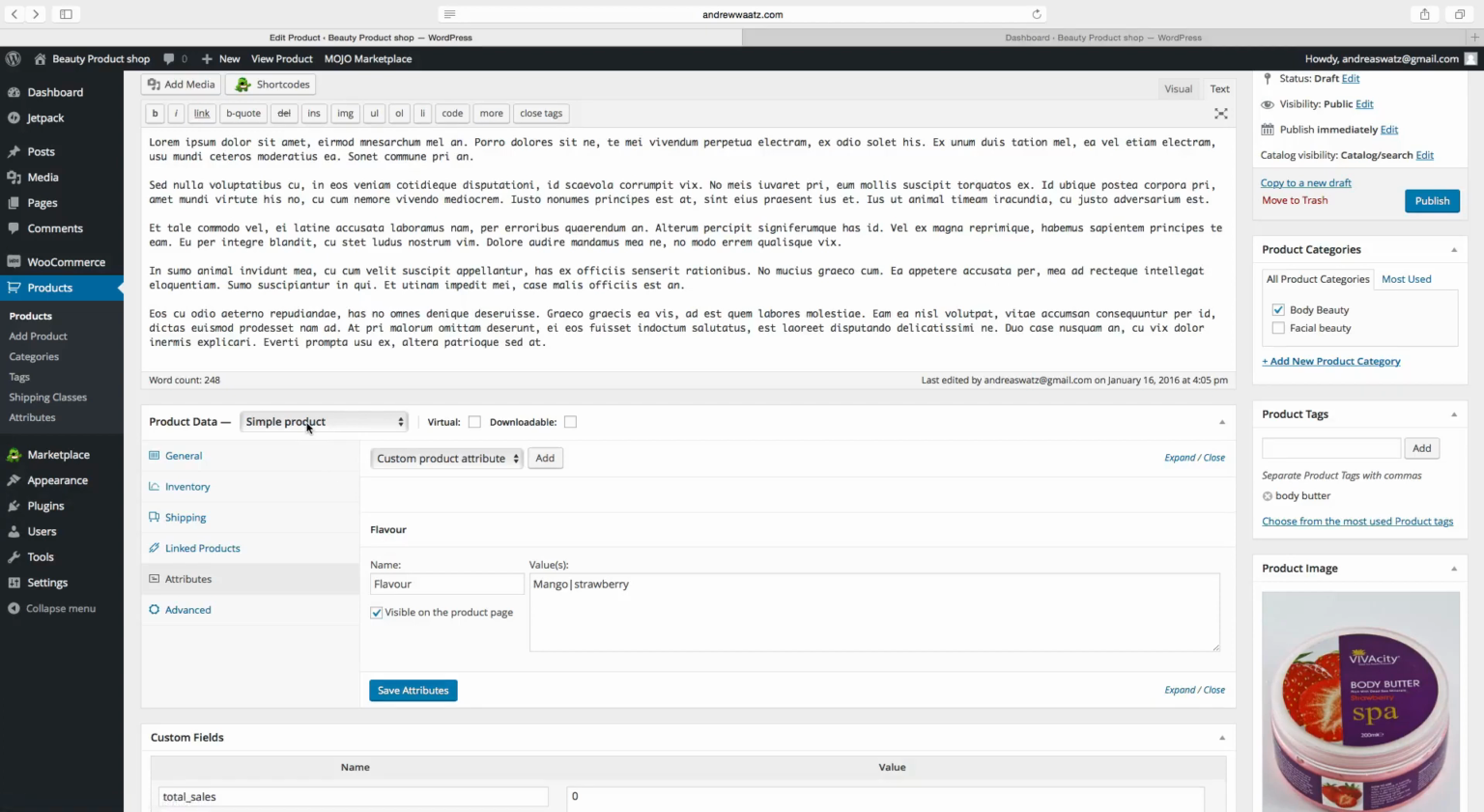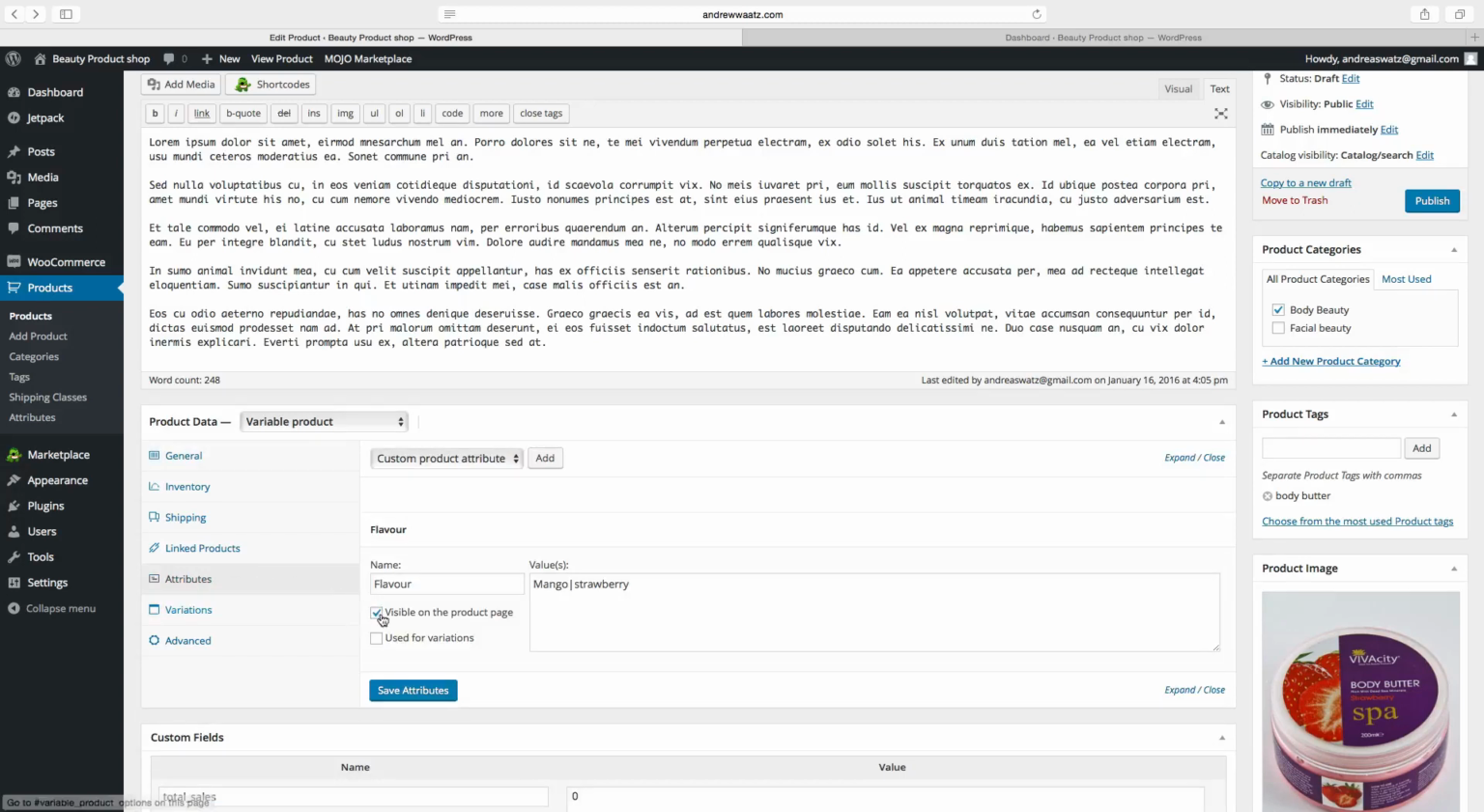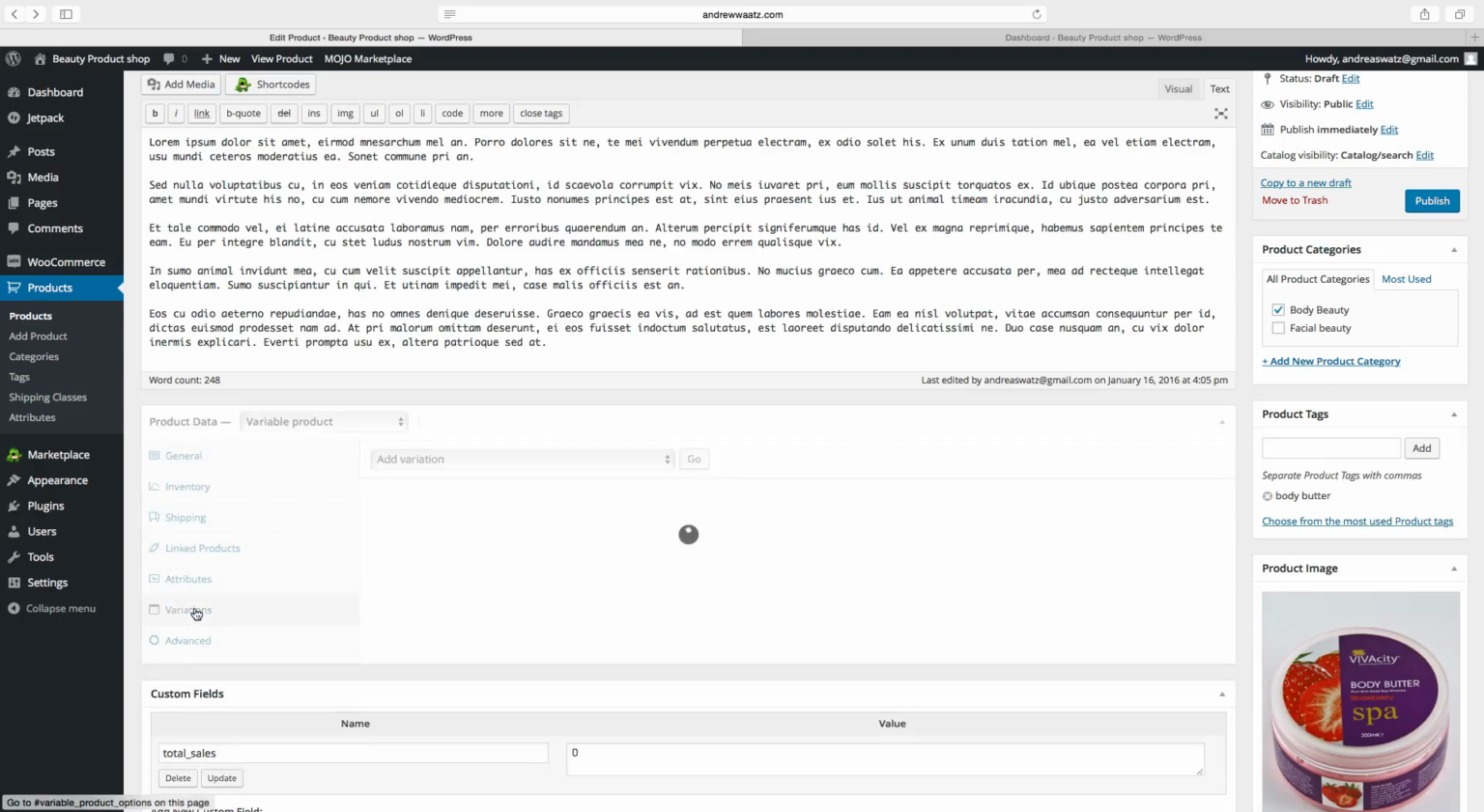Go and change the product data to variable product. Go to attributes, unbox this one and check this one, used for variations. Click on save attributes. Go to variations, click on add variation,